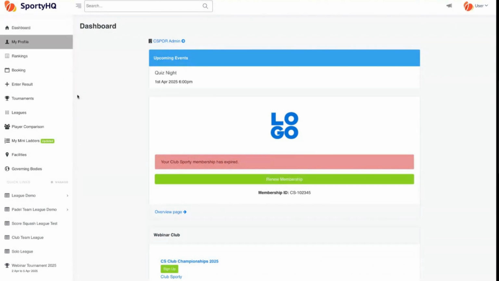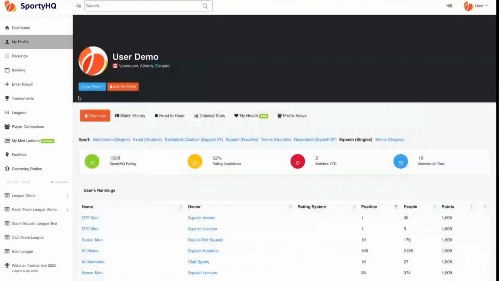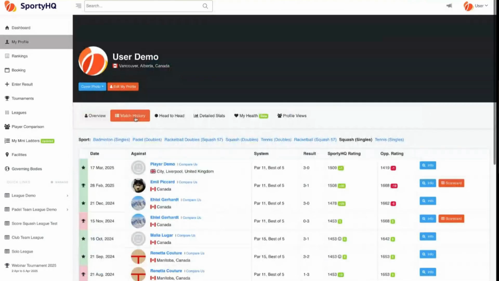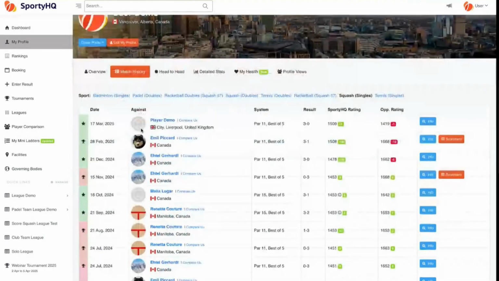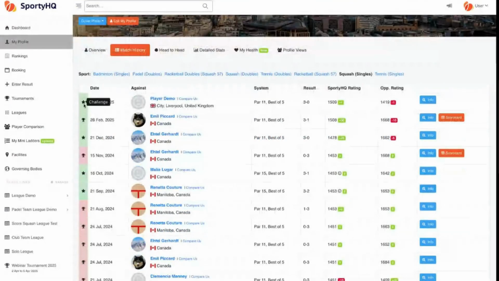Basically, the goal is obviously to get your members playing more. Doesn't matter which competition format you choose. Any match that's entered into the system against your profile is going to come up on your match history. Now, this first column here on the left, you can see the different types. So this is a challenge match. That's a non-structured, like no competition format. You've just gone up to somebody at the club, found them that you want to play, and you can just come into SportyHQ.com and then click enter results,